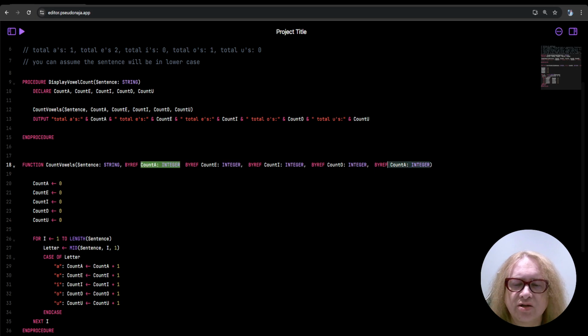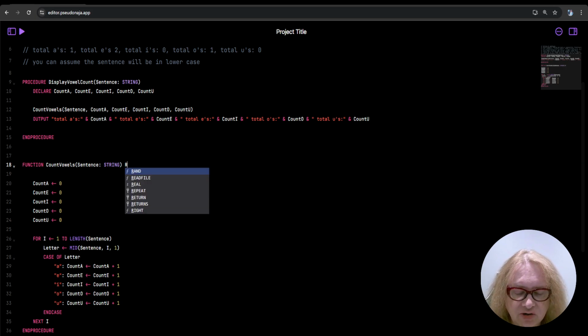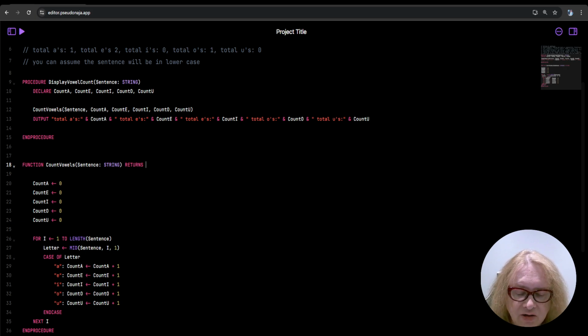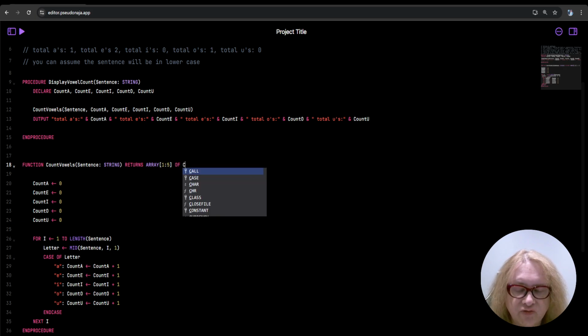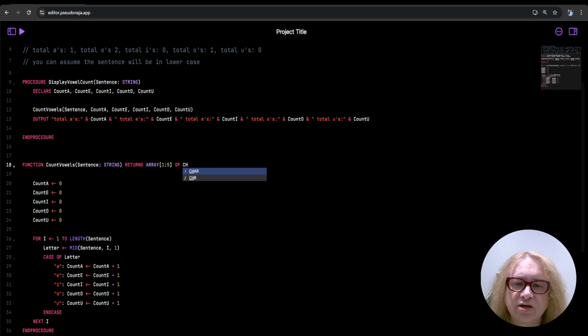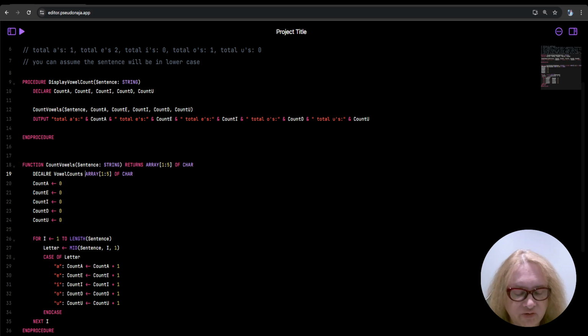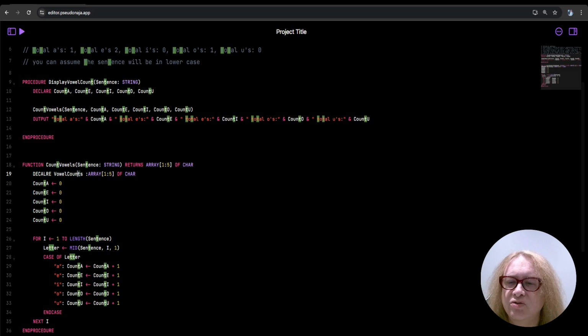is, instead of sending this data by ref, we could in fact return an array of 5 items of either a string or a char. And then what we can do here is, instead of saying count A is 0, we can create something like vowel counts. Well, first of all, we'll declare vowel counts as an array 1 to 5 of char, and then we can do,